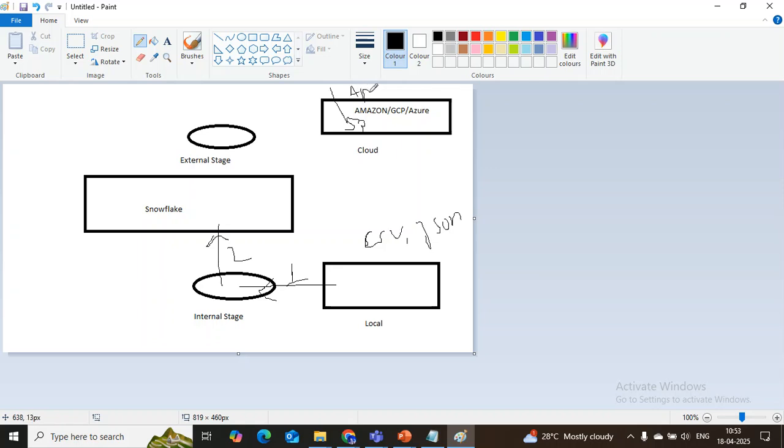एपीआई से डेटा आ रहा है, S3 में रखा हुआ है, और अब S3 से हम क्या करेंगे, इसको उठा के एक्सटर्नल स्टेज में रखेंगे। तो ये पहला स्टेप हुआ, ये नॉर्मल हो गया, हम इस स्टेप को कंसीडर नहीं कर रहे हैं। और उसके बाद फिर हम स्नोफ्लैक टेबल्स के अंदर करेंगे दूसरा स्टेप, ठीक है।